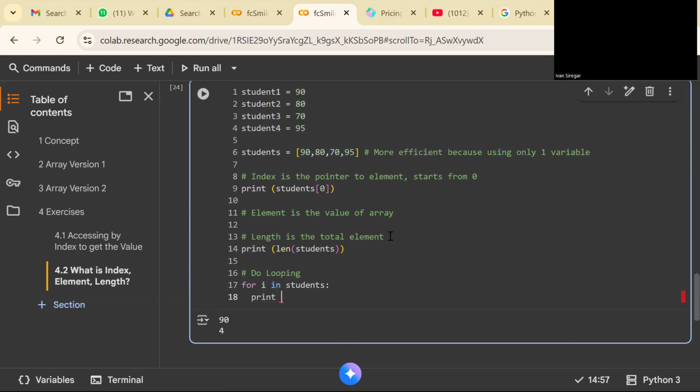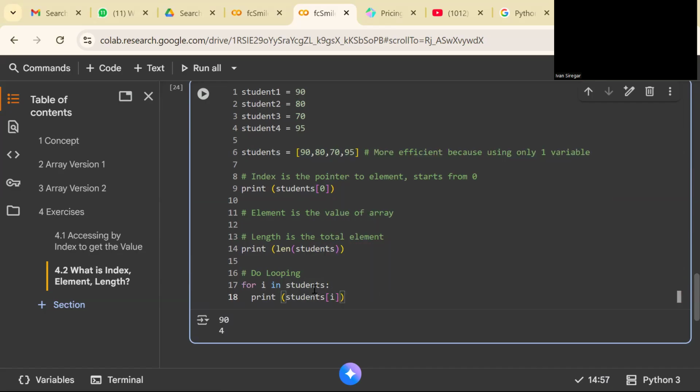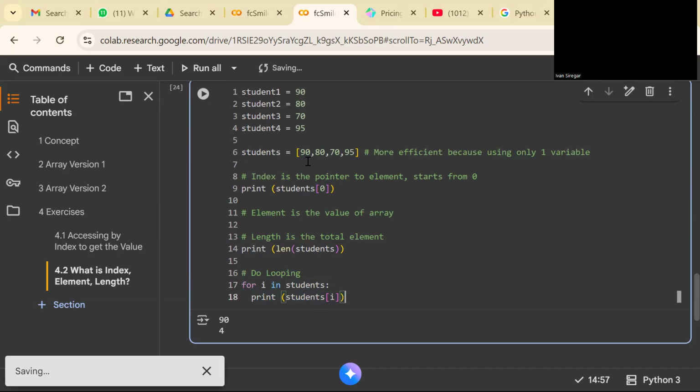We can print the element of the students. We can print the element again to get the element by index. So index will start from 0. So by doing this, you will access all of the elements, all of the values.